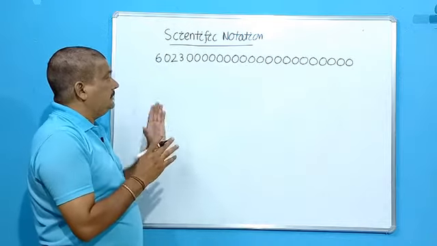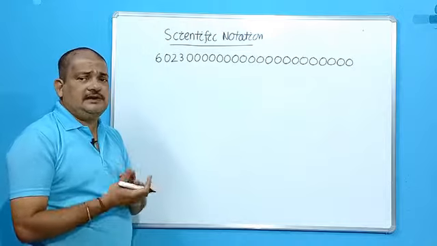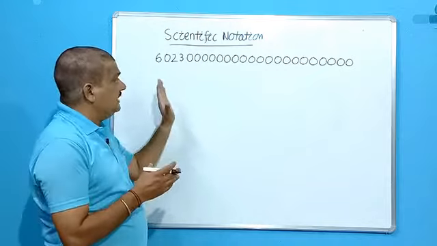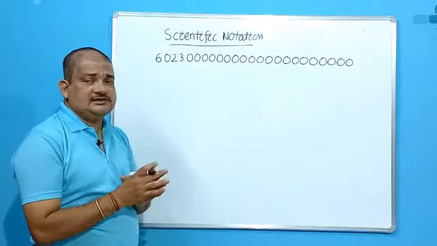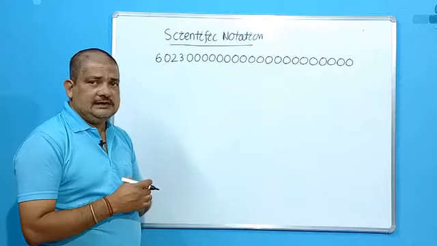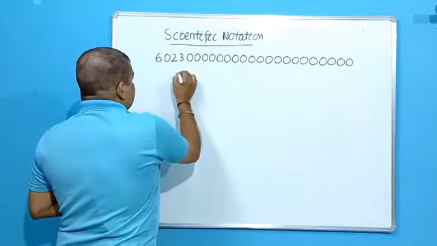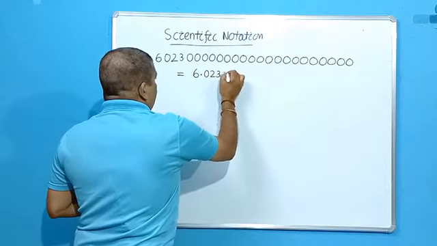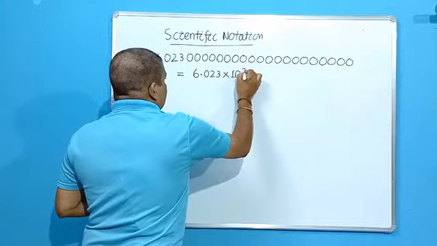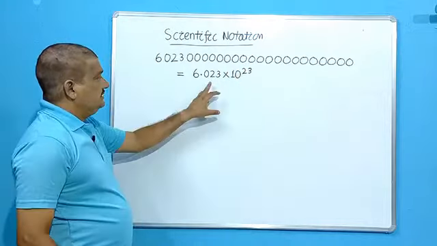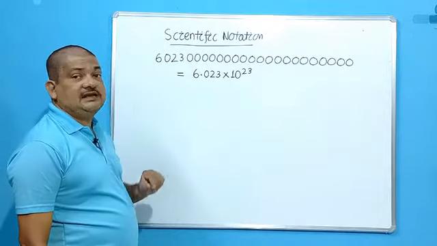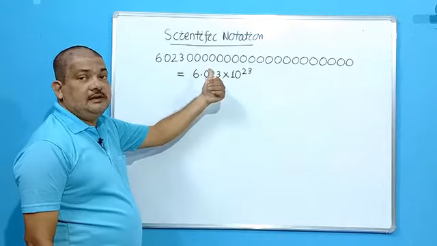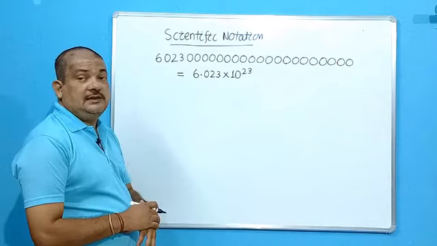Suppose we want to write Avogadro's number. We are writing Avogadro's number every time, again and again. Can you write it like this every time? It is too lengthy, too large a number to be used again and again. Then how do you write it? Now it is written as 6.023 into 10 to the power 23. That means it is a convenient way to express this large number. Right? So it is a convenient way to express bigger numbers and even smaller numbers.